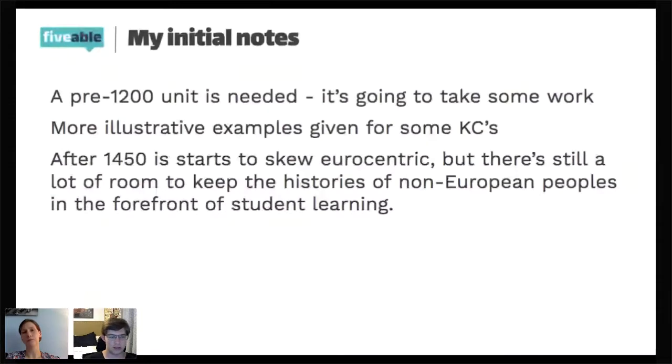Yeah. And also, because it's technically not on the test anymore, I do definitely see students caring less, especially if they know that it's not on the test. But I think it's important for kids to know. I'm just curious how teachers are going to find practice materials for the great context, since the College Board's only going to provide material for 1200 and forward. Yeah, that's going to be a big challenge.